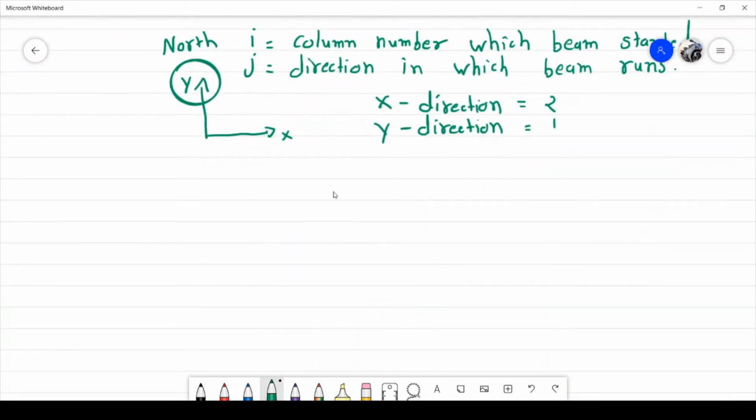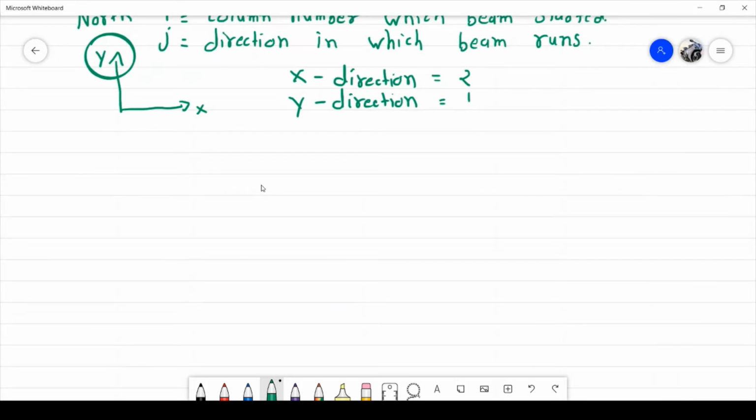So here we are going for the secondary beam. Okay, for the secondary beam, same naming pattern, but there is one difference. Secondary beams don't have a column, so there is no starting point for the column. So I is missing, J is missing, both missing. But here is one condition: